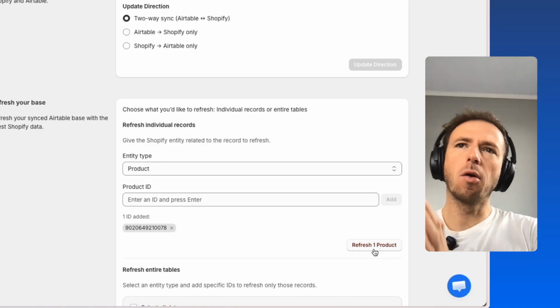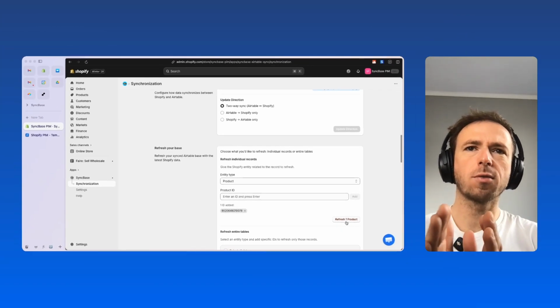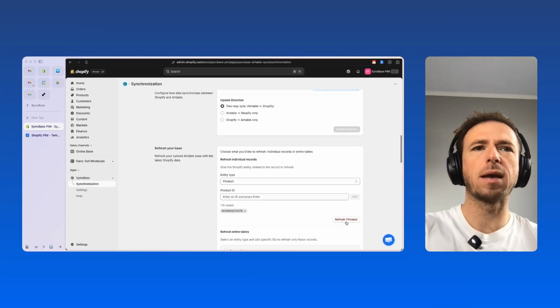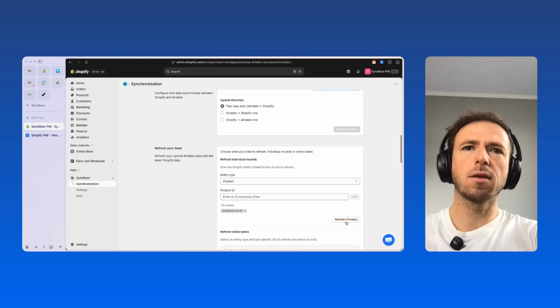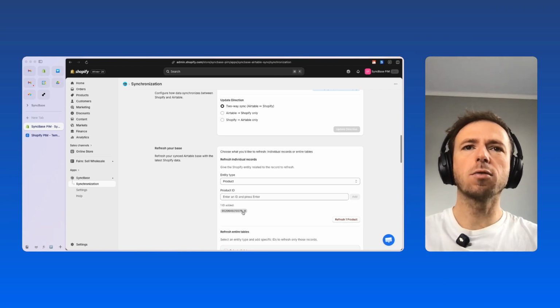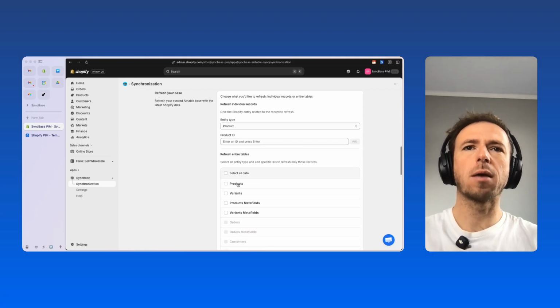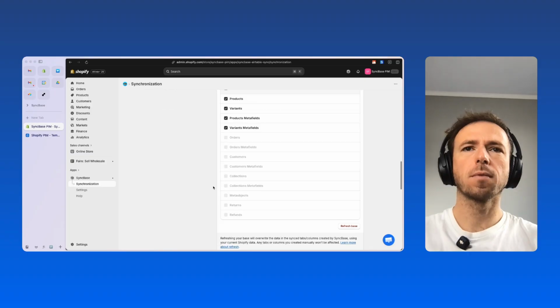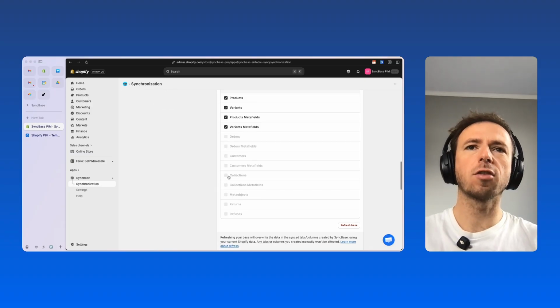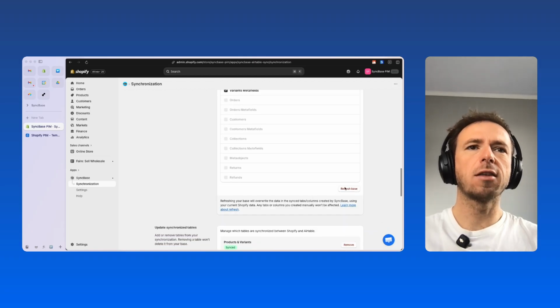It will take all your Shopify data regarding this product and update your Airtable base with the data within your Shopify store. You can do the same, but for entire tables. So you can do one table by one table or select all. Of course, if you have, for example, collection, you will be able to tick collection, and you will click on